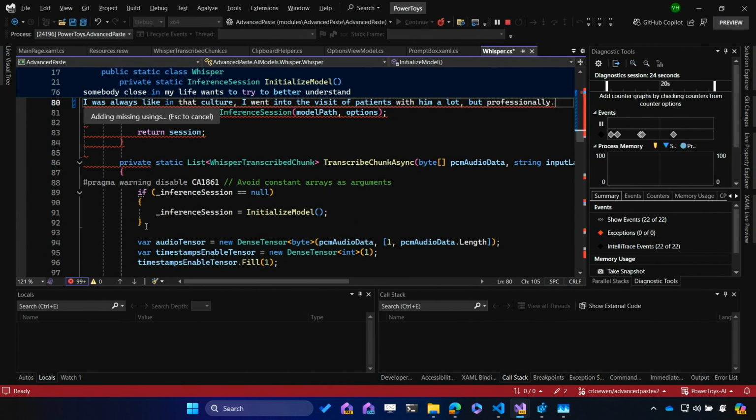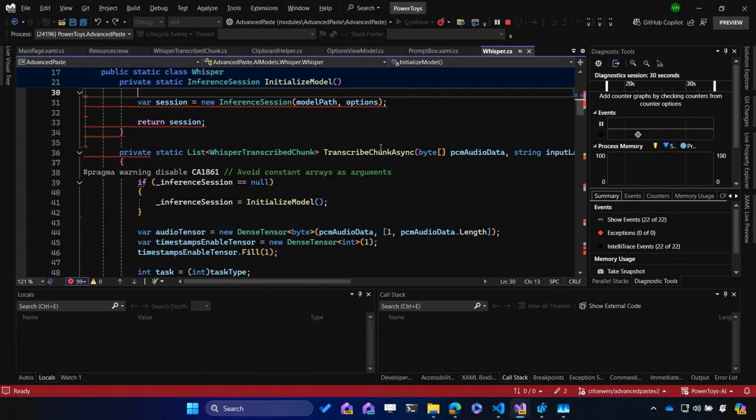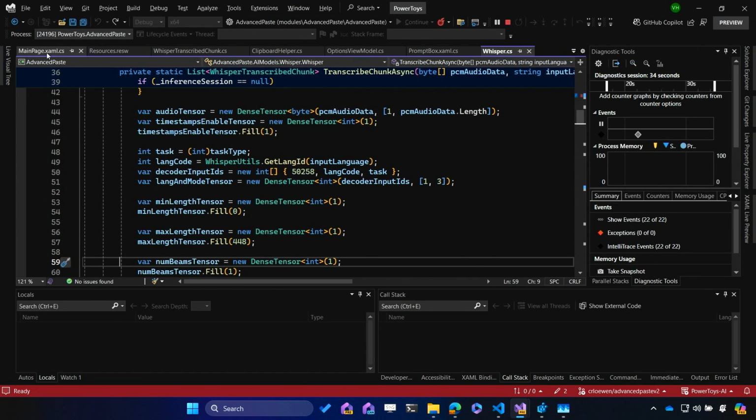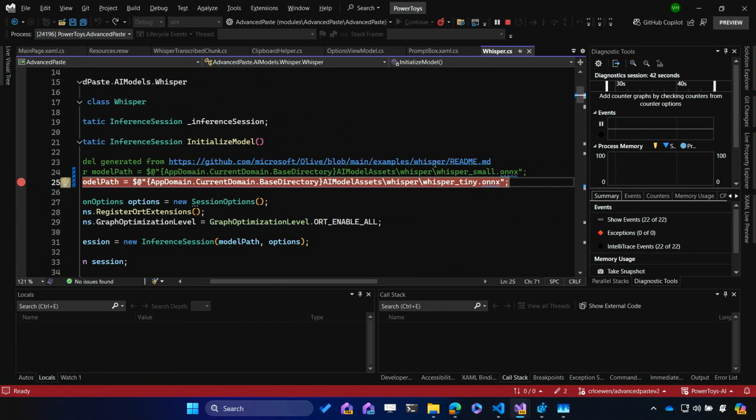But you can see I do have the before code. It was going to break here in Whisper. So we're using the Whisper Onyx model. I've got Whisper Tiny Onyx model, and we've also got Whisper Small. Both are available, and you can swap them out. I ran Whisper Small. It was more accurate, but it took a little longer. So for the demo, I wanted to make it nice and short.